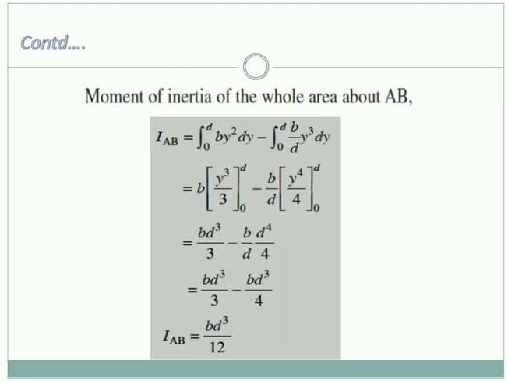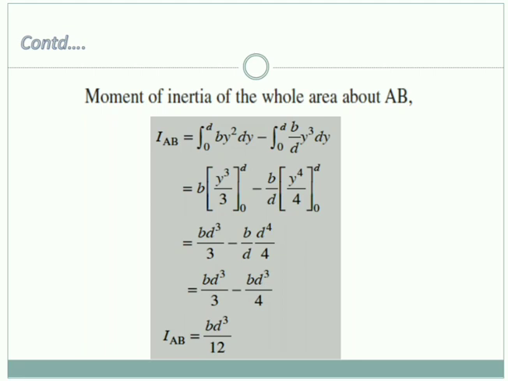So what we have done here is, as we have a well defined base, that is AB, we found the moment of inertia of the triangular figure about the base. Then as the axis lies at a distance of h by 3 or d by 3 from the base, and that centroidal axis will be parallel to AB, we will use the parallel axis theorem and directly find